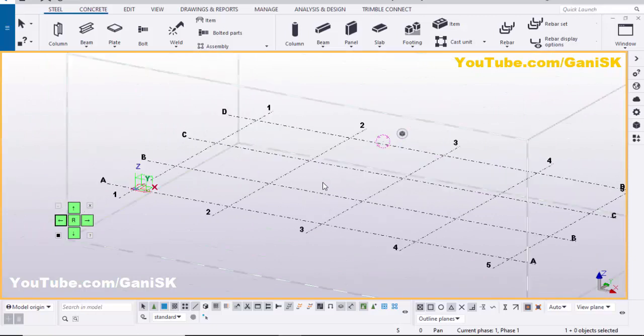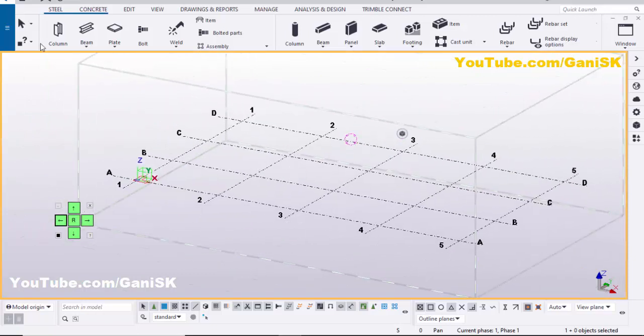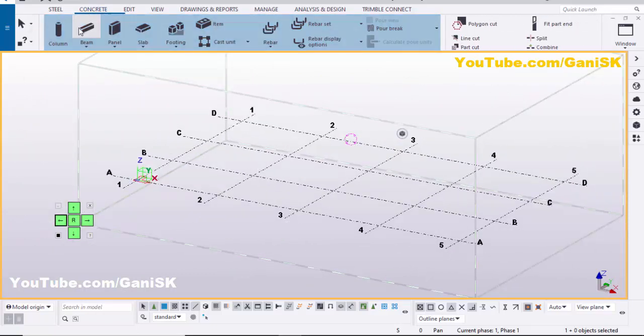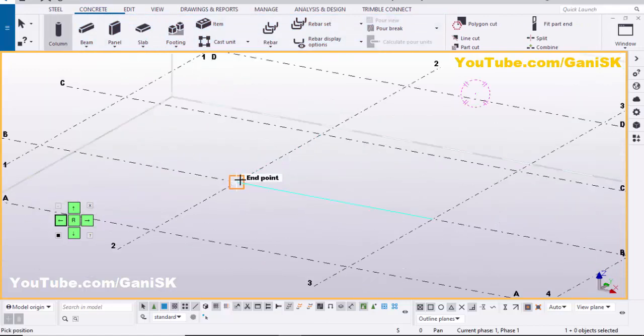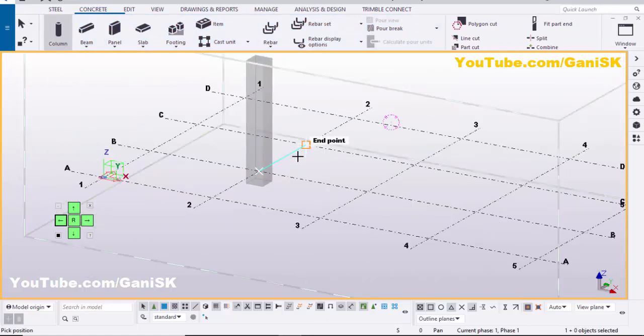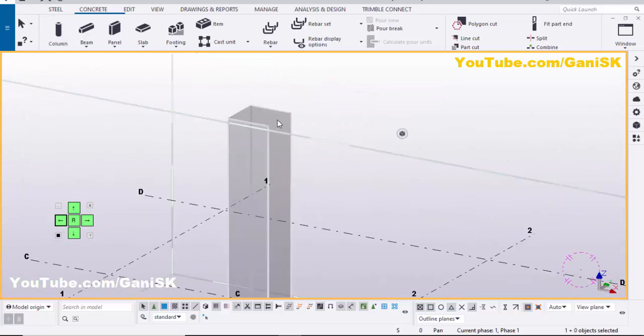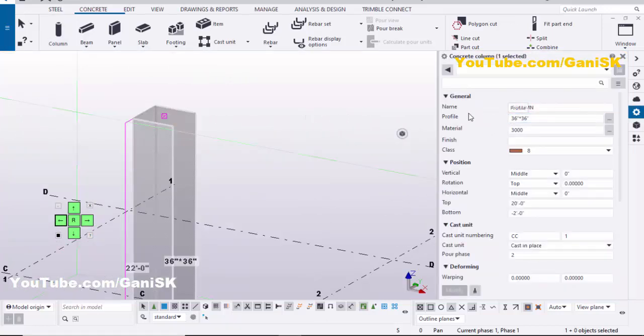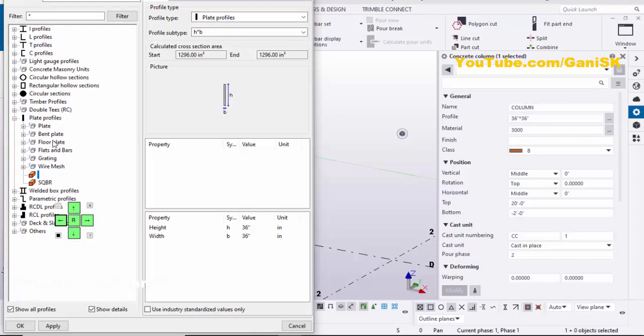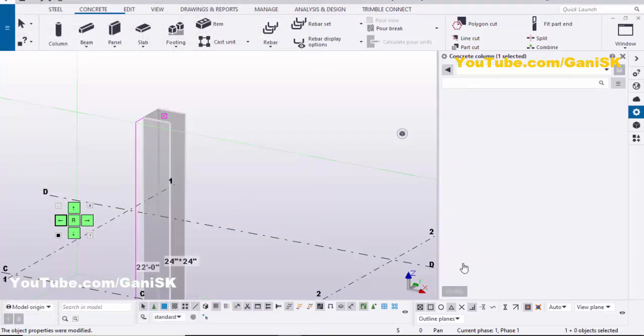Okay, now we're going to create concrete columns. So click on the concrete tab and select this column and pick the first position. To create a column just like this, right click on mouse, interrupt. To edit this column, double click on it. Now we're going to change the column size, so click on here. By default we have 36 inch, let's take 24 inch. Click on apply, OK. Click on modify to see the result like this